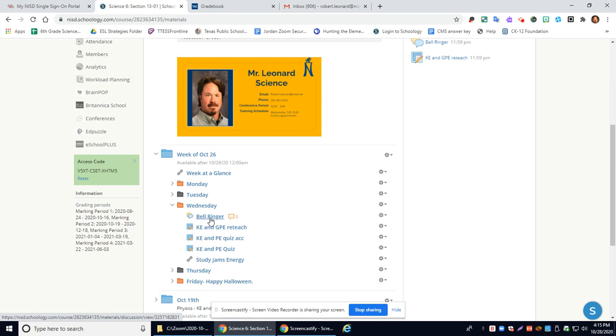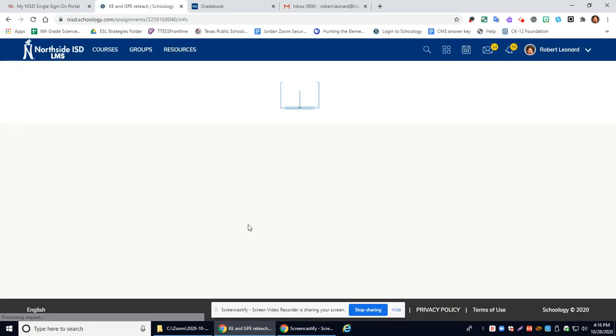When it hits the ground, it makes a sound. It's converted to heat. When a ball hits the ground, it forms heat, which is very hard to measure, but it does. And also, you have air friction. So the reason the ball does not bounce as high is the energy of the falling ball is converted to those other forms of energy. Then you're going to go to the reteach.